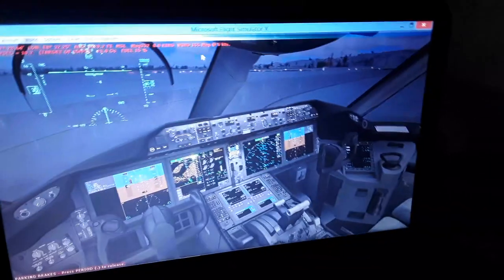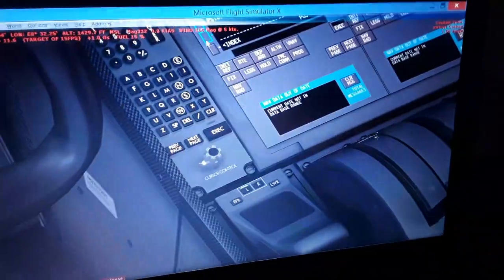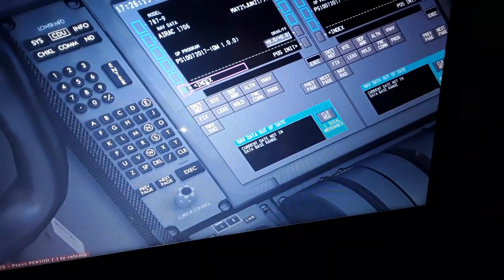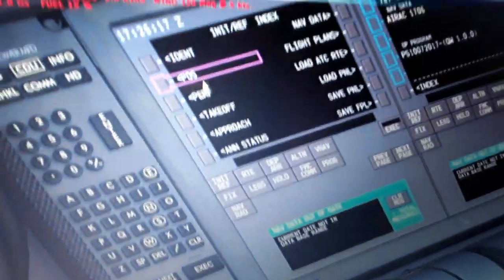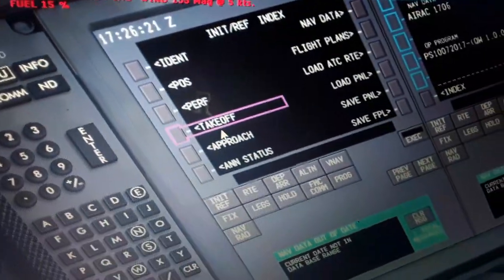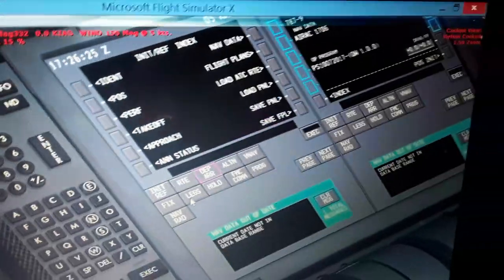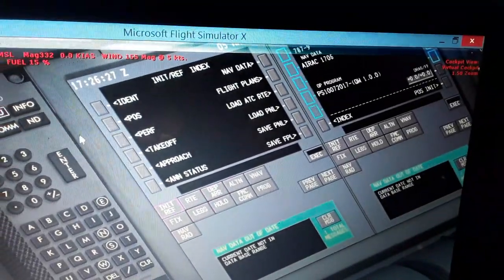Also the flight management computer over here is set. So you can see the flight management computer set from the mouse pad over here. So I will input from the keyboard. You can see also the screen. So I have identity, position, performance. Over here, takeoff, announce it, status, approach, navigation data, flight plan, loaded traffic control. So we start over here